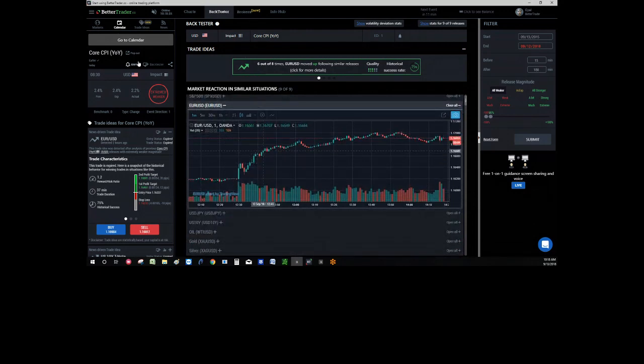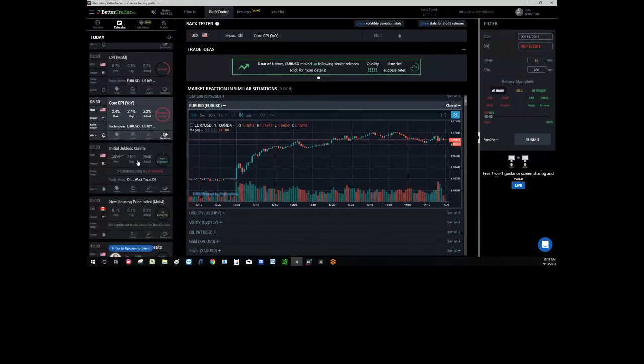So the BackTester gives you the ability before the event release, like we saw with the unemployment rate, to backtest different situations and then see and prepare what you're about to trade. And after the event release, with one click on the BackTester, you can see similar situations to the same trade idea that you see here. So here the trade idea is long Euro USD. Here you can see the charts, what's happened in similar Euro USD situations. This is the BackTester. You can do it for any economic event.